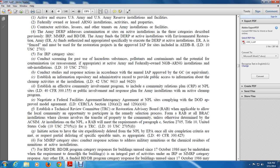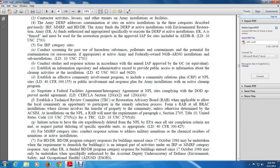The BDR, the building demolition and debris removal program category: responses for buildings unused since 1986 may be undertaken when the requirement to demolish the buildings is integral to the activities of the IRP and MMRP category response. Any other ER,A is funded by the building demolition and debris removal program category response for buildings used since 17 October 1986, only undertaken when specifically authorized by the Assistant Deputy Under Secretary of Defense for Environmental Safety and Occupational Health, ADUSD